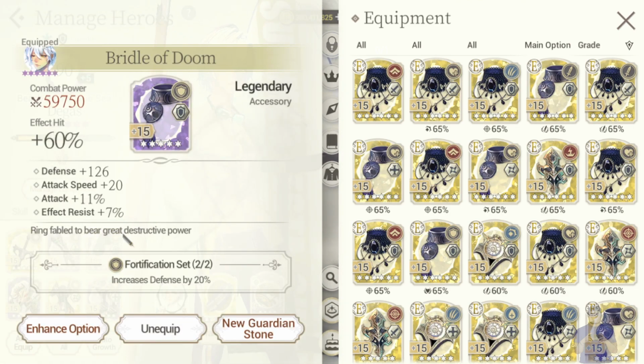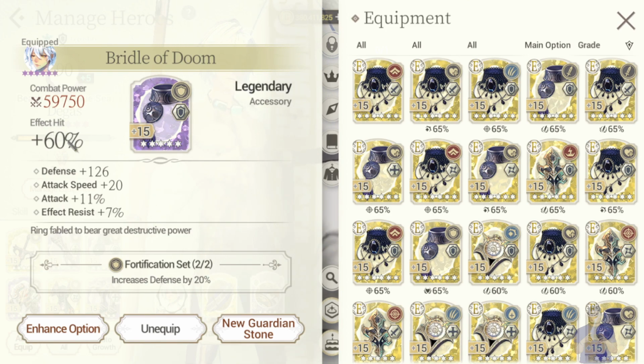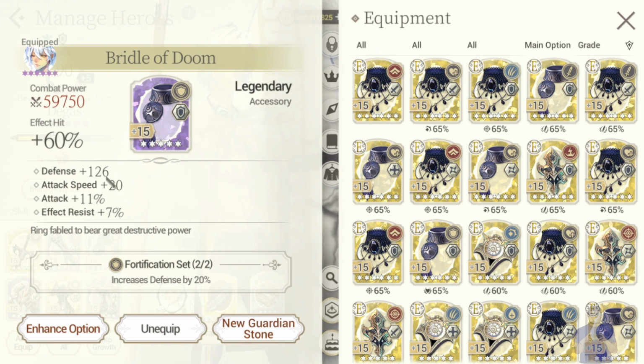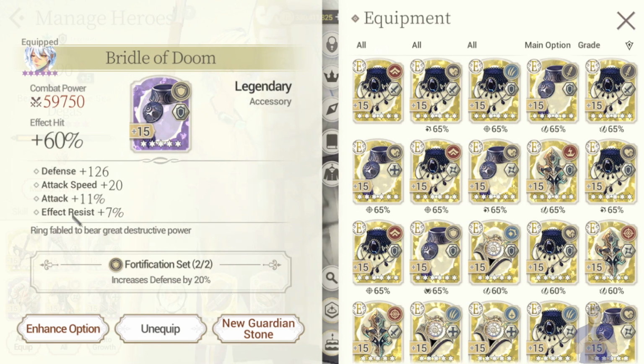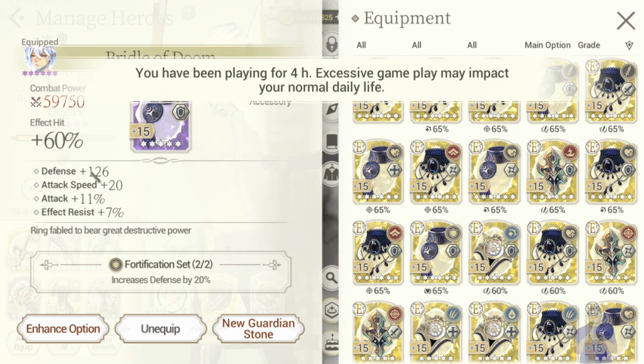When it comes to the accessory, you see I just replaced it with something that has effect hit as the main stat. That's good. That will already help his modification passive. As for the substats over here, defense in whole number, attack speed. Attack speed is high, this is good, 20. But as you can see, defense...